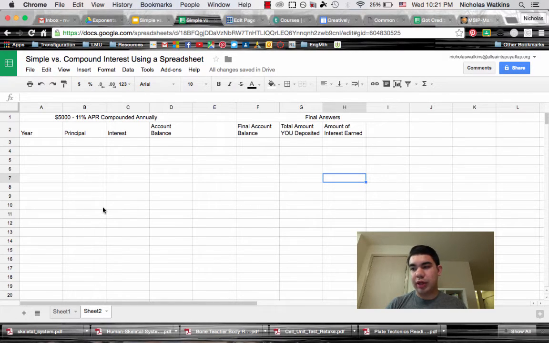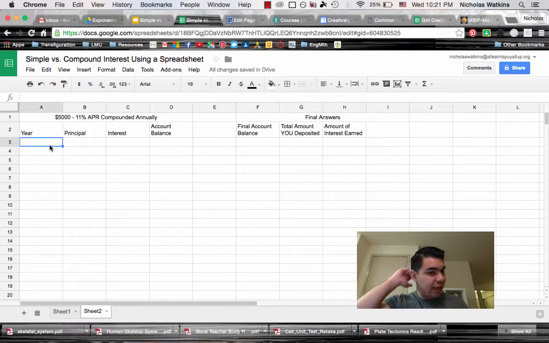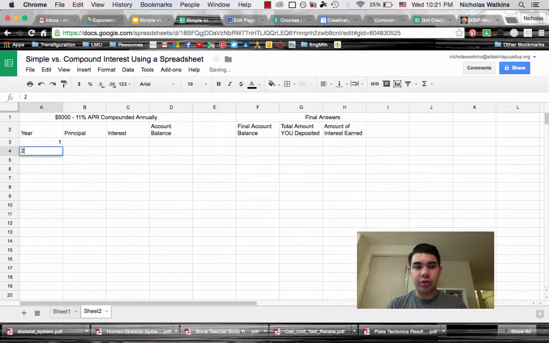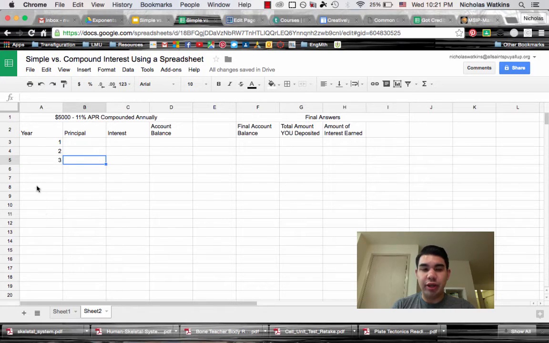So now we can start adding some of our numbers. Again, we're going to look at this over a 10-year period. So let's start typing a few of our numbers. Again, we don't need to go that far down. We have 1, 2, 3. So we already have a pattern. Obviously, we know that it's going to go on, 4, 5, 6, 7, 8. And the computer knows that too. In order to tell it to do that, we're going to highlight